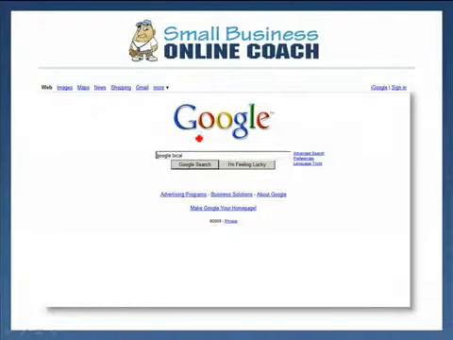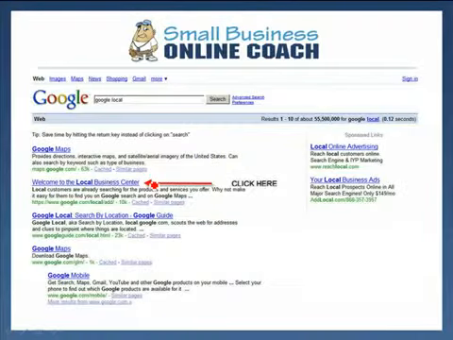So if you just go to Google and type in Google search, what you'll see come up is probably something that looks like this, and what you're looking for is this here, Google/local/ad. It actually goes into a much longer URL than that, and it's much too long to just write on this page. So it's easier if you just go Google local in the search and then look for